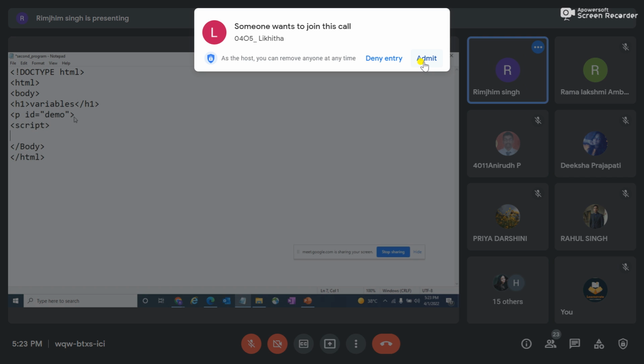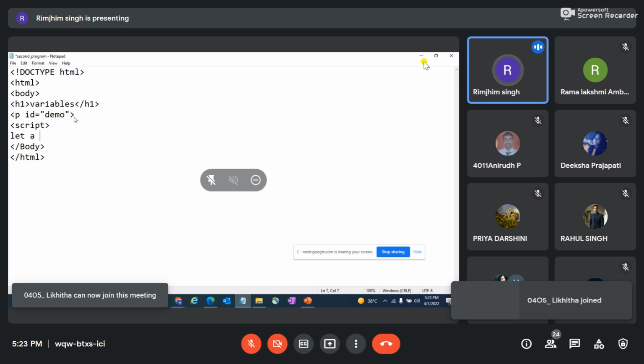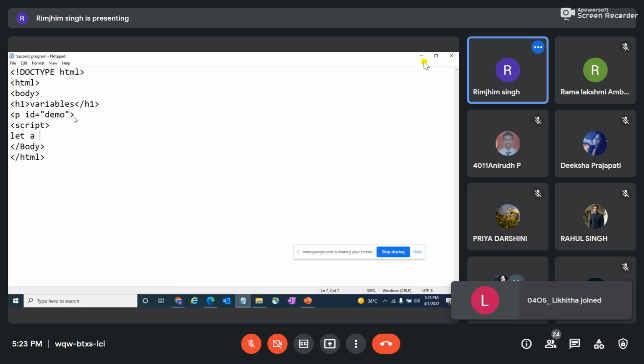And then script. As I told you class, we declare variables using let, var, and const. So here I'm using the let keyword, and then I'll declare three variables which are a, b, c, and then semicolon, and then I'll give values to my variables, which would be 2. If I have to declare two or more variables, the separator I have to use is a comma.